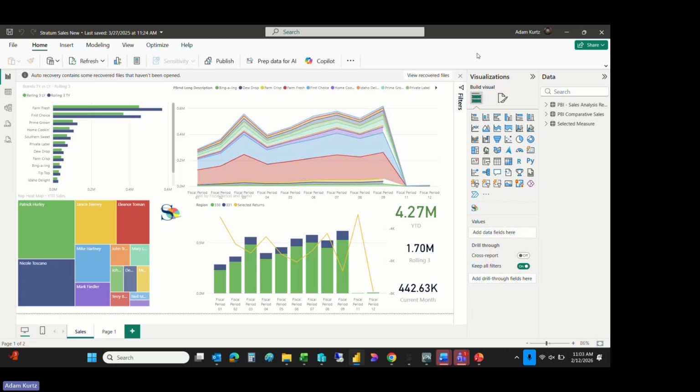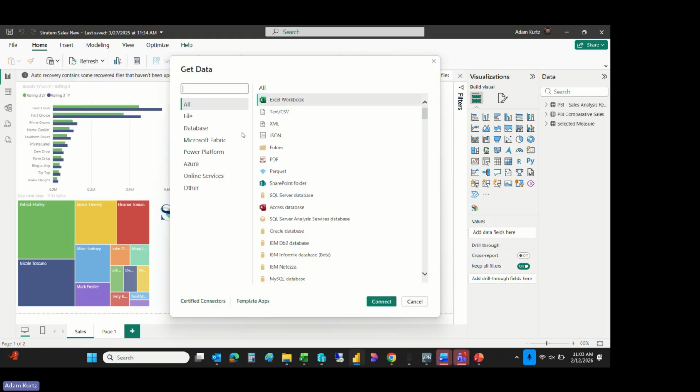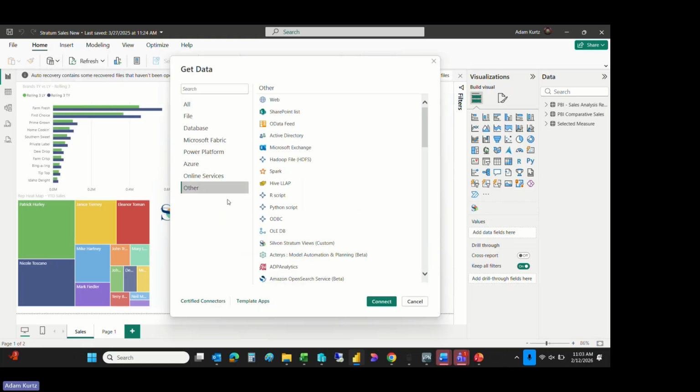So as you can see here, we've got a demo of my dashboard built within Power BI. And I've actually built this against our Stratum data. And I've gained access to the views by using the Stratum connector for Power BI. And so what that allows you to do is to basically go and get data from Stratum by using the connector. And here you can see I can gain access to the views that you have within the